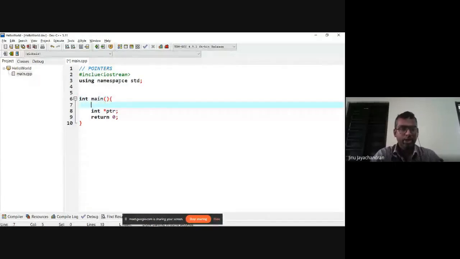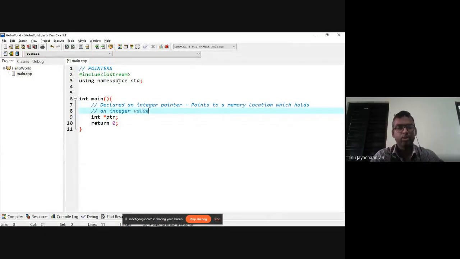So basically what I have done here is declare an integer pointer. What is an integer pointer? An integer pointer points to a memory location which holds an integer value.